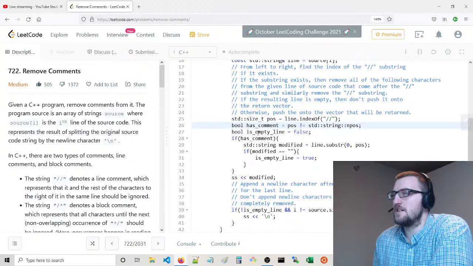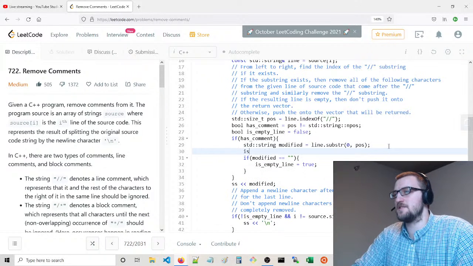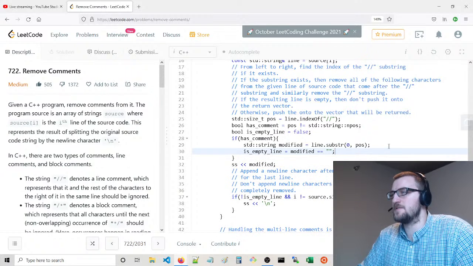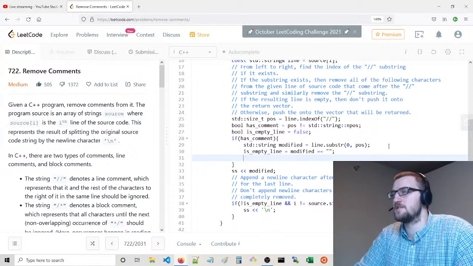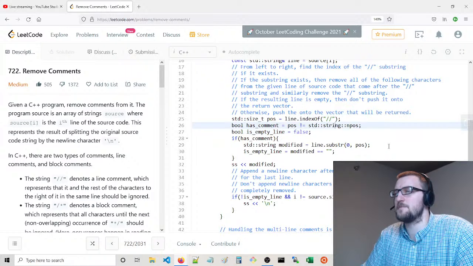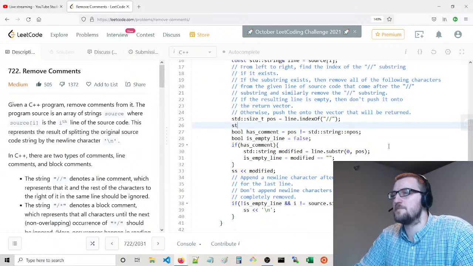Okay, so wait. Position has comment is empty line. I'm trying to figure out a way to not copy so many strings all over the place. That's what I'm trying to do. But the problem is getting this is empty line. Actually, it really should be is empty line. That's kind of what we're doing here, and then no matter what scenario, we're going to say... I think I'm just doing this. Actually, I think it's easier to just copy it. I'm trying to avoid so many extra copies, but I think it's fine.